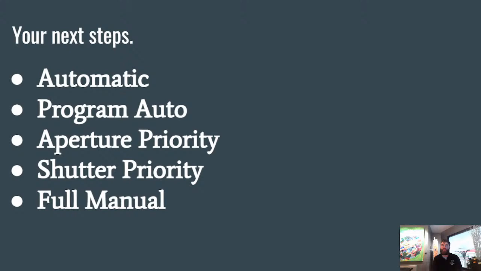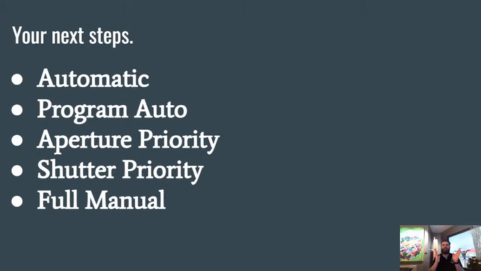So sorry about that. But automatic is going to allow the camera to do everything for us. We basically point and shoot the camera, frame things up on the LCD screen or viewfinder the way that we want them, and then pull the trigger, shoot, and get a clean photo. Program auto